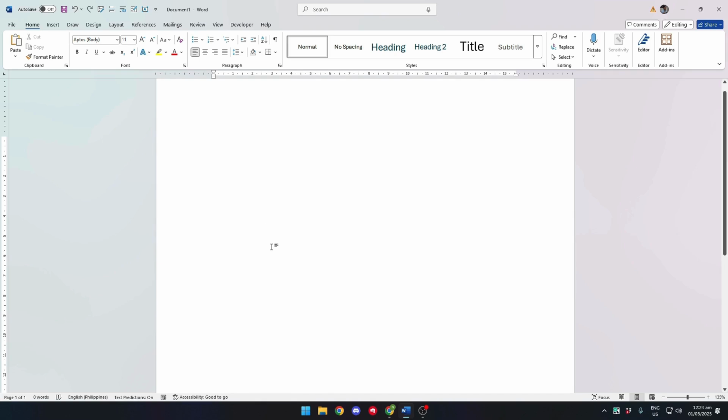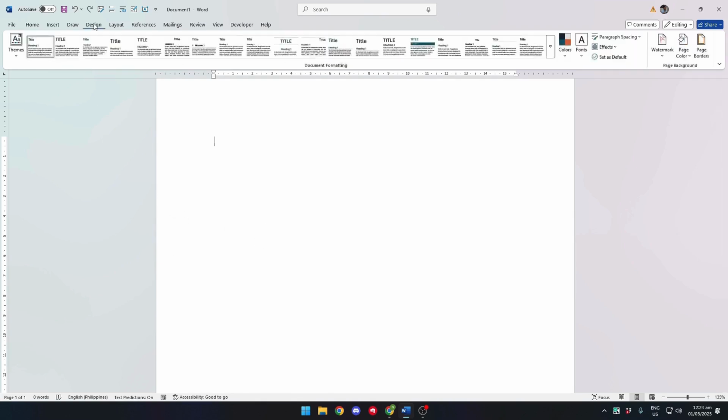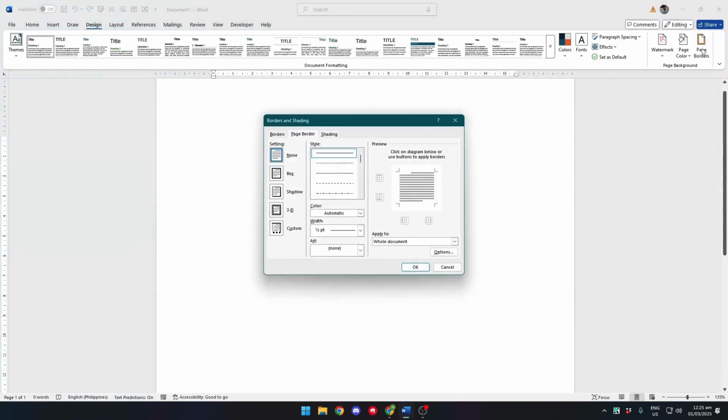Now to insert your page border, simply head on over to the Design tab. And here on the far right, you'll see under the page background option that you have the option to edit or place a page border. Now, if we click on that, that will open up a new window showing the different options for your page